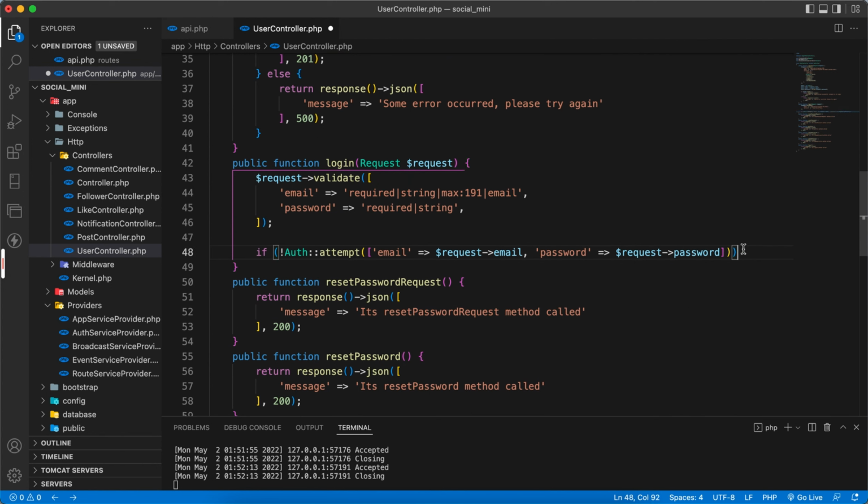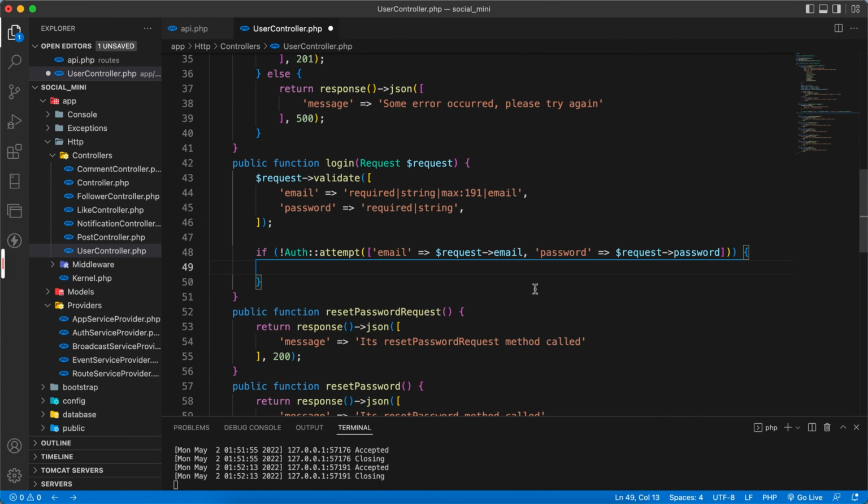Okay, so if not auth attempt mean these two are wrong, the email and the password doesn't match, then we